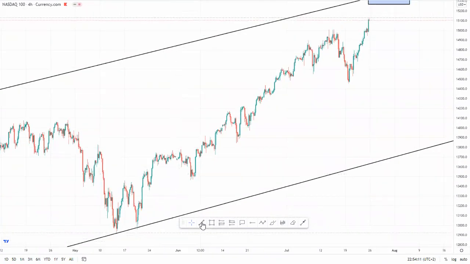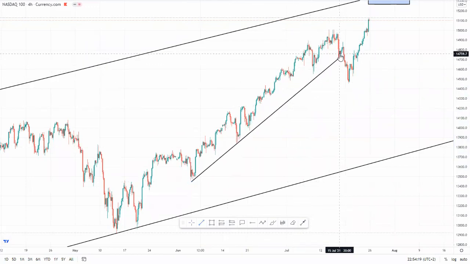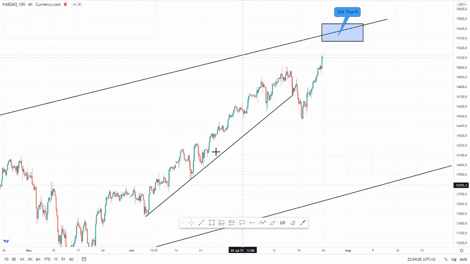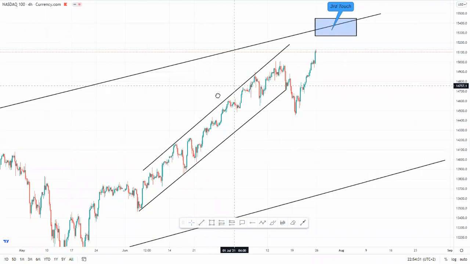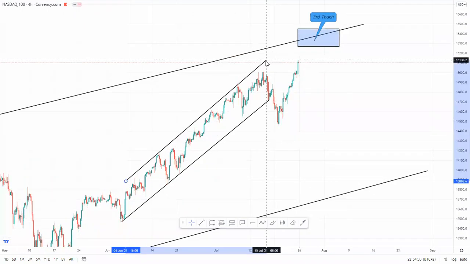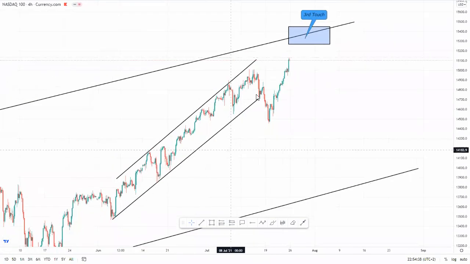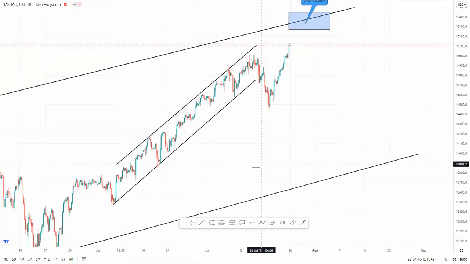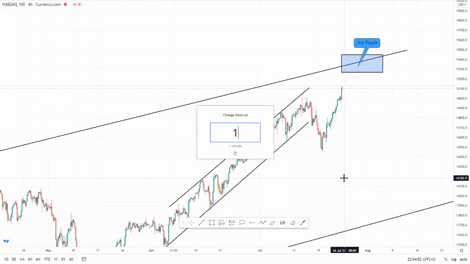Okay. So for the sake of simplicity, we can immediately see that from the 3rd of June up until around the 15th of June, the market has been moving bullish in this bullish ascending channel. The market has been going aggressively bullish within this channel. Again, the market has been reversing on or around the same price point. Okay, so that is for the sake of simplicity. So I will go to the lower time frame.